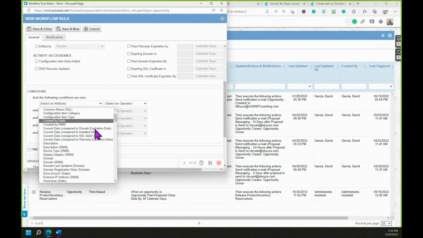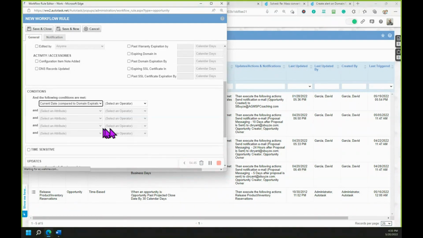This looks more familiar. So we have all these current dates. Current date compared to domain expiration, current date compared to install date, SLA valid date, and warranty expiration. The two that are being asked about are domain and SLA. So let's go to domain equal to, and then over here I'm going to select business days from domain expiring, and they were asking for 50 business days, which is pretty close to 2 months. If you meant calendar days, you so do it. From here,